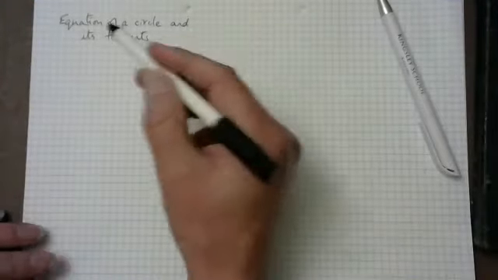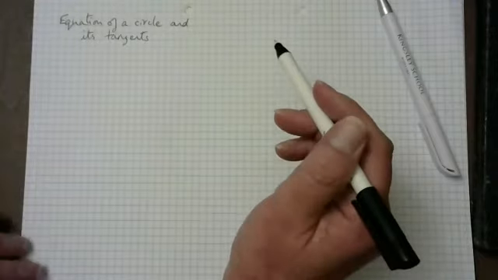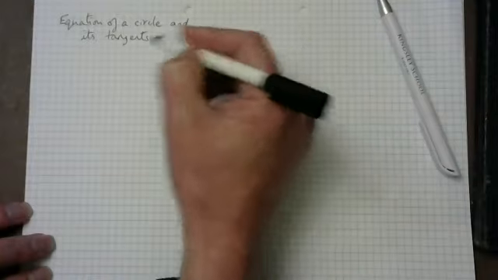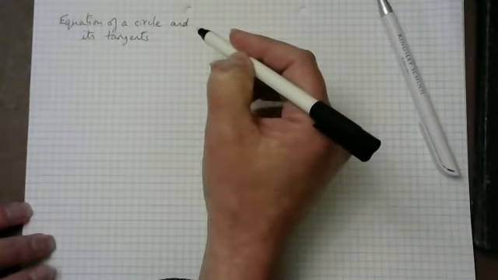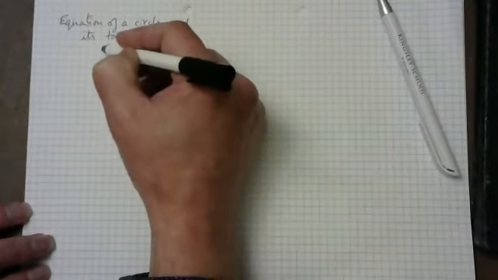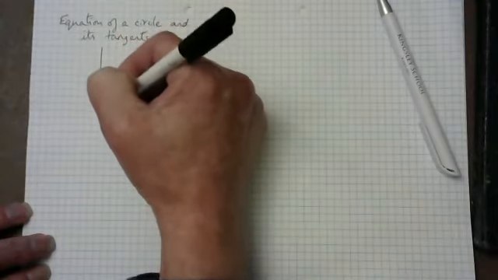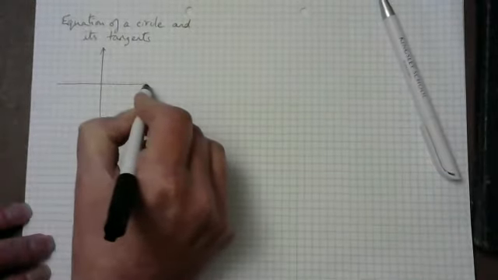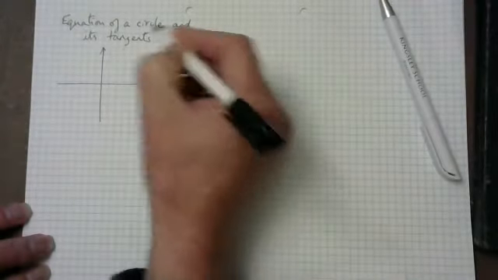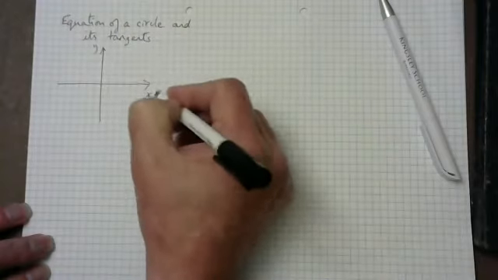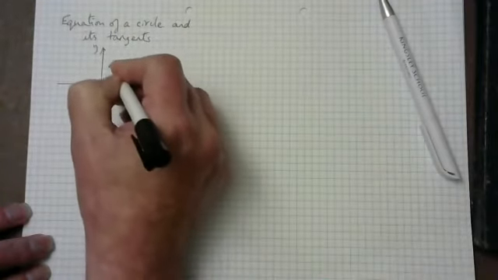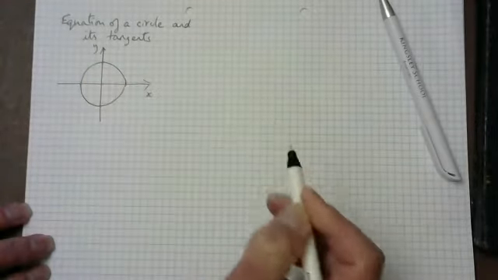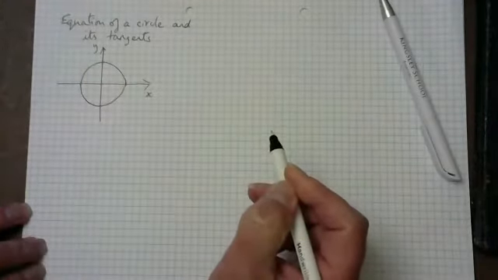We're going to very quickly deal with the equation of a circle and then see how we can use that to find its tangents. In GCSE Maths, the equation of a circle is really quite simple because they only have equations of circles centred on the origin. So in your sketch, it's a circle, y goes that way, x goes that way. You draw the circle, and all the circles centred on the origin, I don't care if I've drawn it properly or not, have the same basic